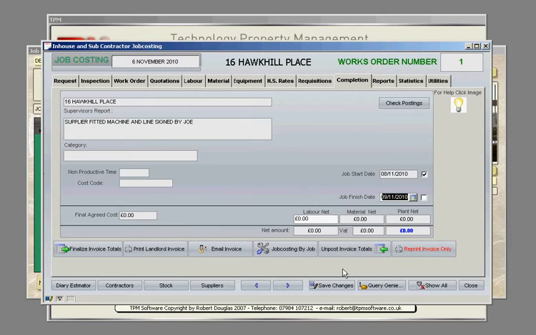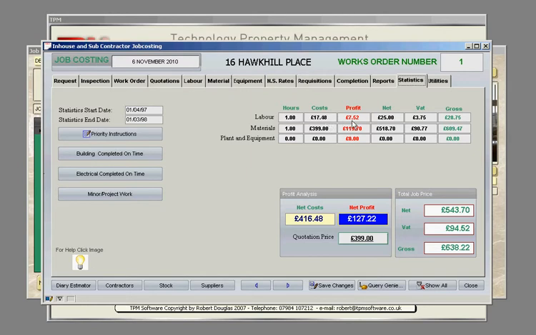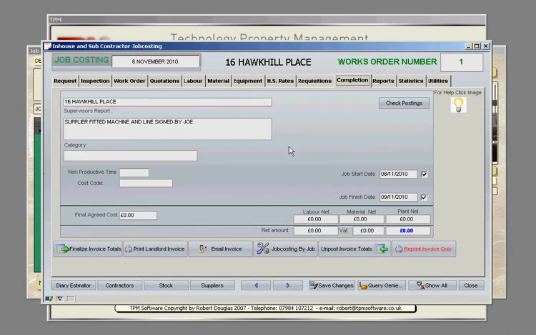So we will now save the job, and if we're happy with all the elements that went in, i.e. the cost, the profit, the gross to the landlord, we then go into completion and finalise the invoice totals, because unless you finalise the totals they will all show 0, and you can't print an invoice and you can't email the invoice to the landlord. So finalise invoice totals, press that,